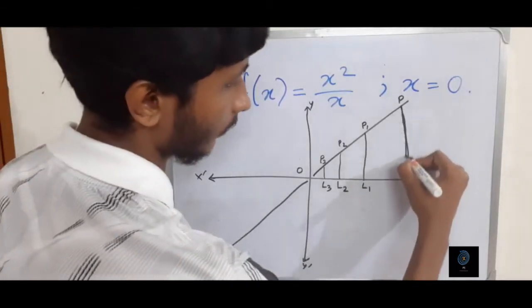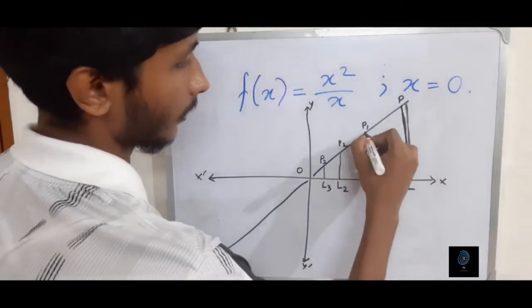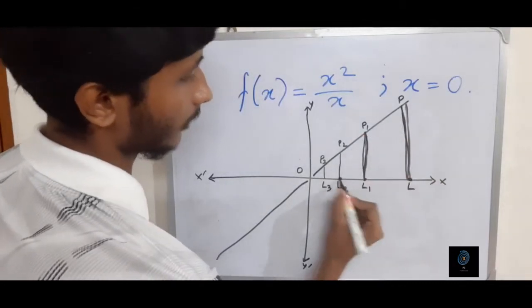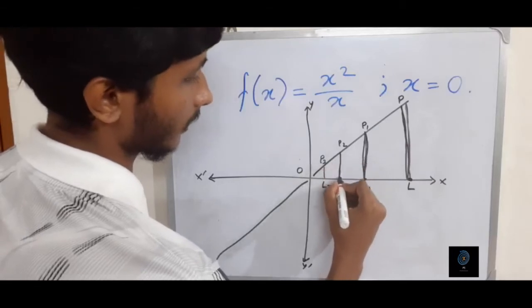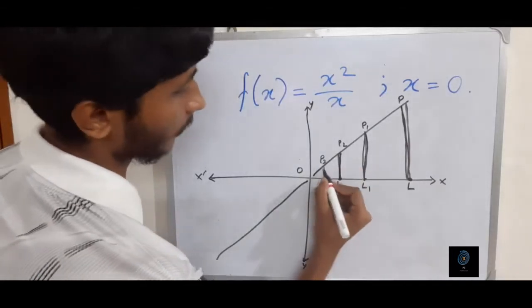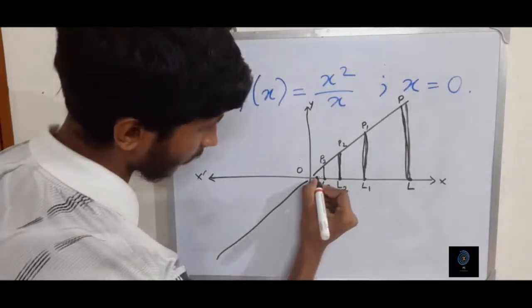This height is the value of f(x). When x comes here, what is the value of f(x)? This height is the value of f(x). When x comes here, this height, L2 P2, is the value of f(x). When x is here, L3 P3 is the value of f(x), and it gradually moves towards 0